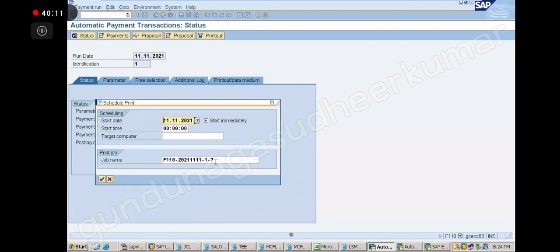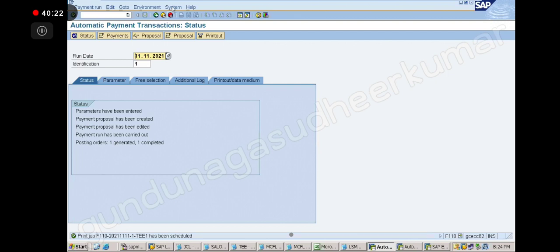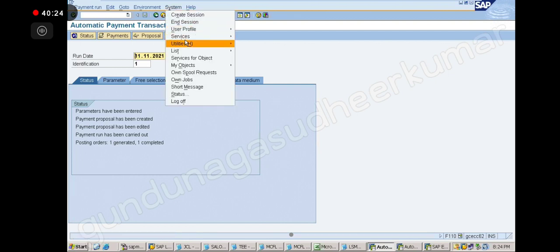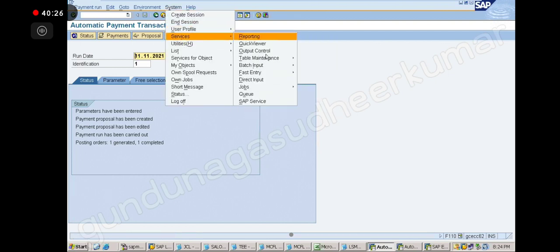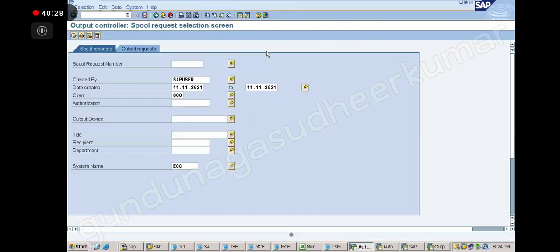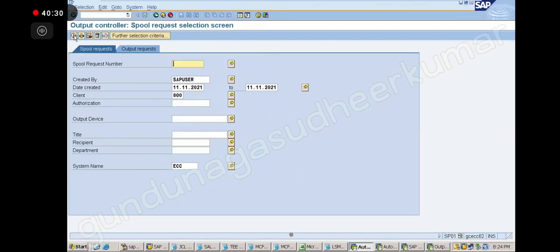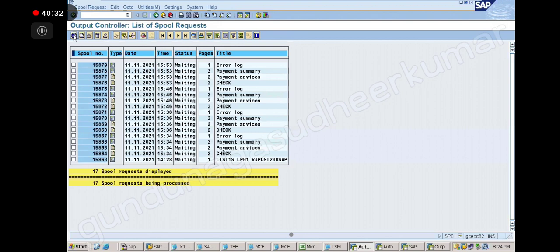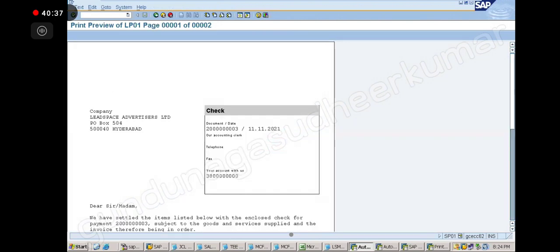So schedule printout. Give the variant here, what is it? Enter. Now go to system, services, control. Okay. Yeah, execute. You got it here, right? This is the check number. Got it?